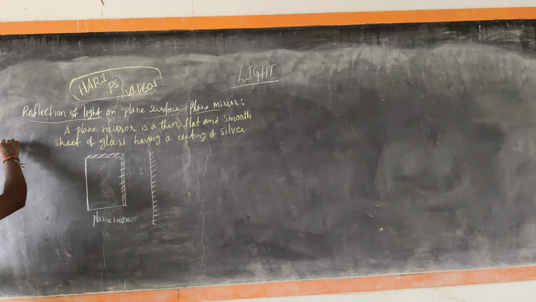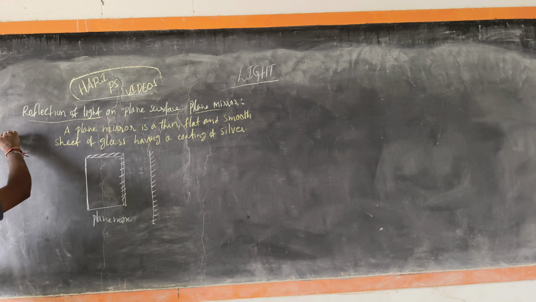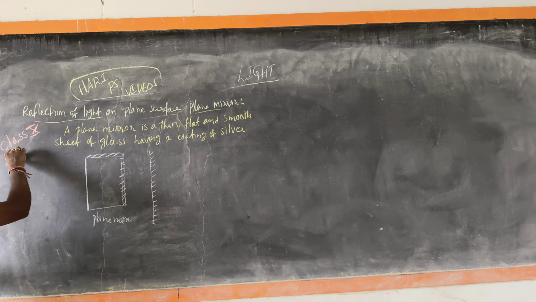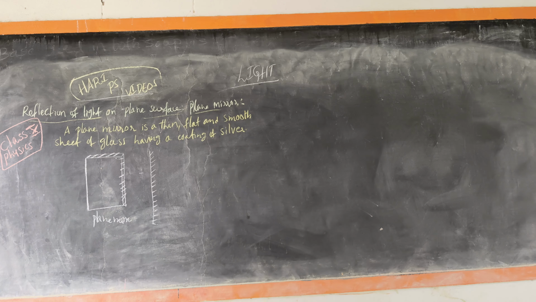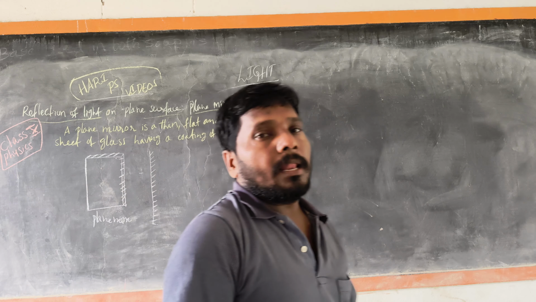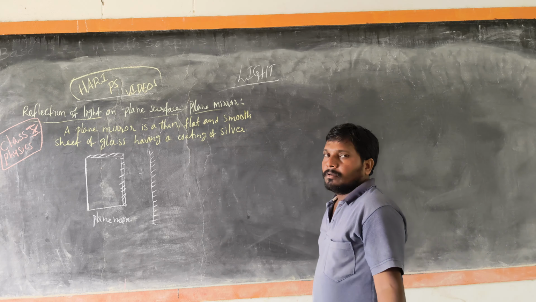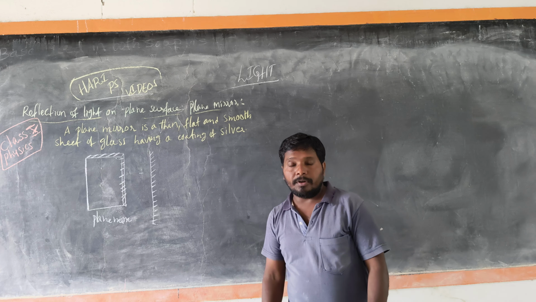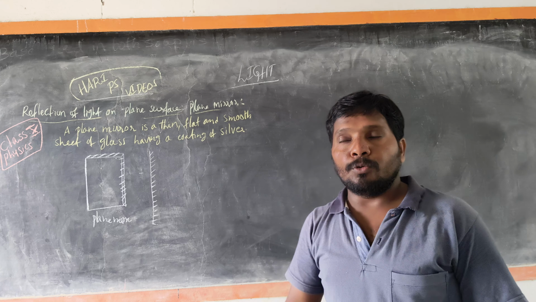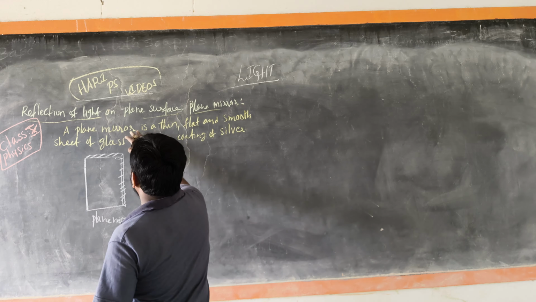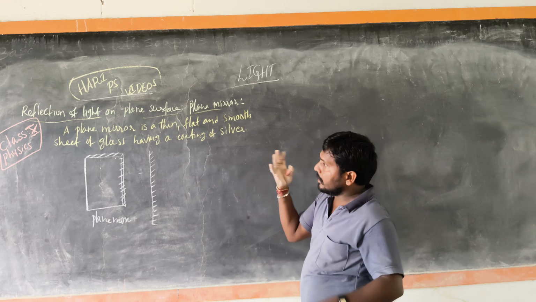Okay, let us know about reflection of light on plane surfaces like a plane mirror. We know every day we are using a mirror, right? So a plane mirror is a thin, flat and highly smooth